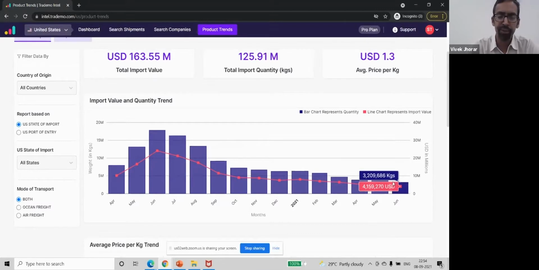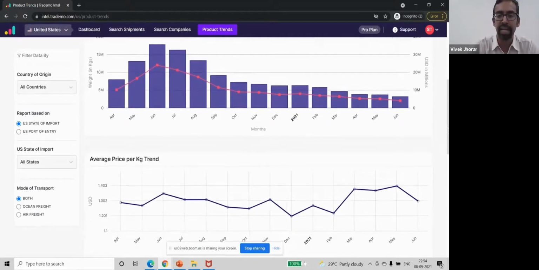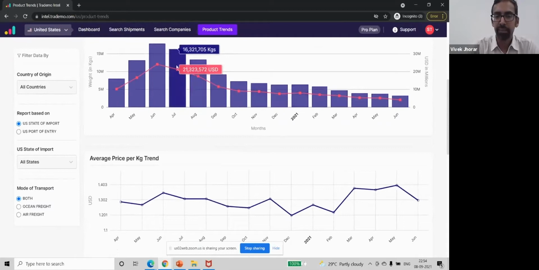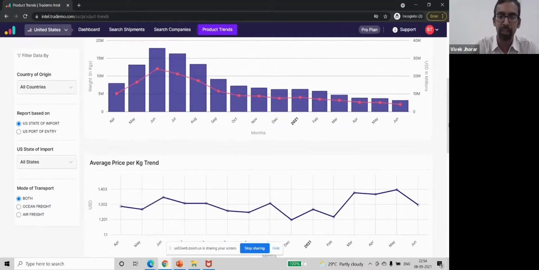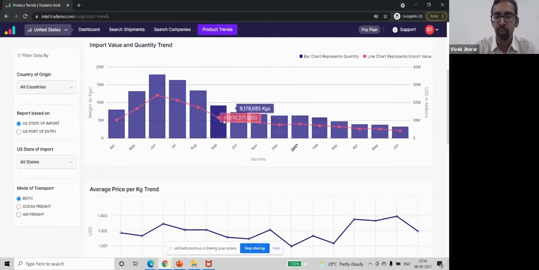So what happened if you were an importer of toilet paper was you suddenly had a lot of scrambling to do around these months, because everybody was trying to import it, the prices were going up, and this is what a tool could have shown us, that while the trend is rising. It is easy to say after it has happened, but what we can gather from the tool is if we are in the middle of June today, we know that not a lot of people are importing it if you compare it to the historical trends.